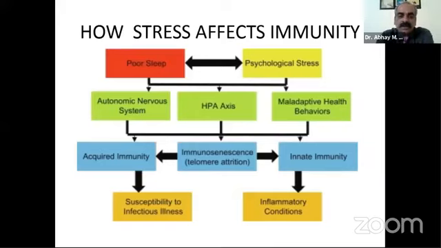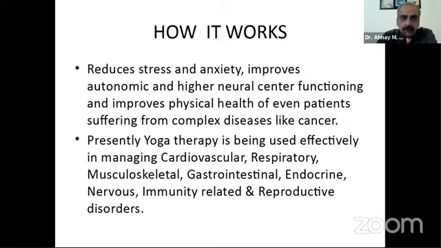Maladaptive health behaviors are seen, and this affects the acquired immunity, the immunosenescence, that is telomere attrition, as well as the innate immunity of the body, which leads to susceptibility to infectious illnesses as well as inflammatory conditions in the body. Now,